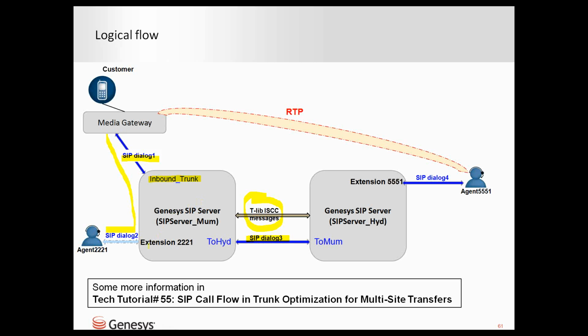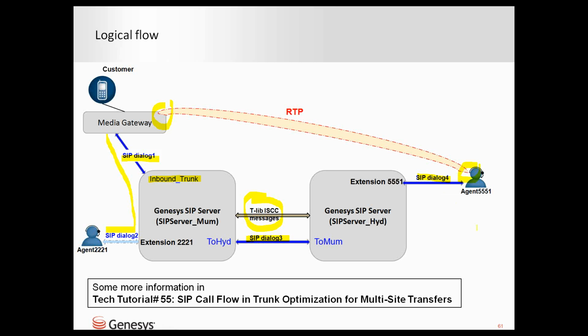Incoming call is covered on inbound trunk, and agent connected to extension. And when he transferred the call, TLIB ISCC messages and a new SIP dialog created towards destination SIP server Hyderabad, and another SIP dialog created connecting an extension 5551. And of course, the RTP always flows between the endpoints,